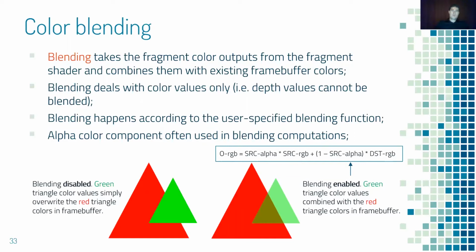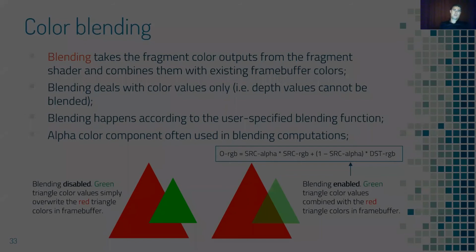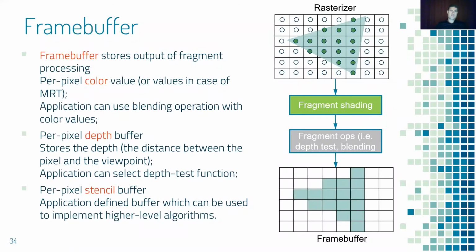Okay, and the final stage, not a stage, just a piece of memory, right? The frame buffer. After all this processing, data is stored into the frame buffer. The frame buffer contains a per pixel color value, or multiple values per pixel if MRT is used, multiple render targets. The application, of course, can blend colors produced by the fragment shader with those in the frame buffer, like we just explained. Then it also has a per pixel depth buffer,